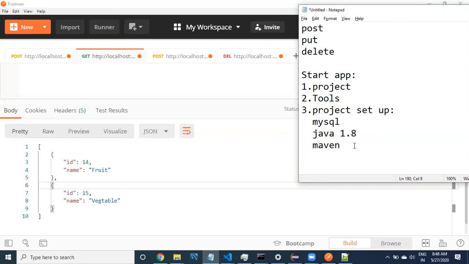The only thing left on your machine is, I guess, Maven. You have MySQL, you have Java 1.8, and the tool is just Postman. And then the project I'm going to give you. If this setup is available, then you can run your project.